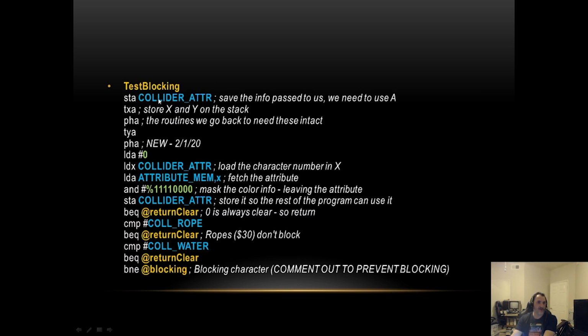And here, this is what's really important. So as we call test blocking here, the first thing we're going to do is store the data that we found. Remember that screen memory address is going to be stored in collider with attr. So this is the attributes, collider attribute. And then this collider attribute is going to be loaded from the X register so we can get its starting